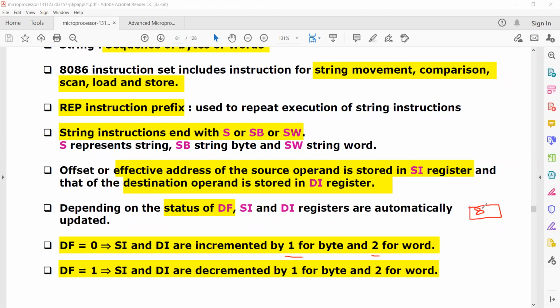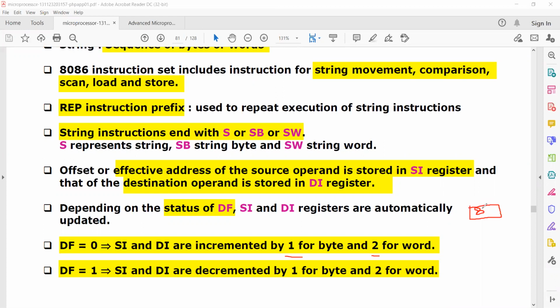Similarly, if DF is equal to 1, SI and DI are decremented by 1 for byte, and for word it is 2. That is the thing here, right?